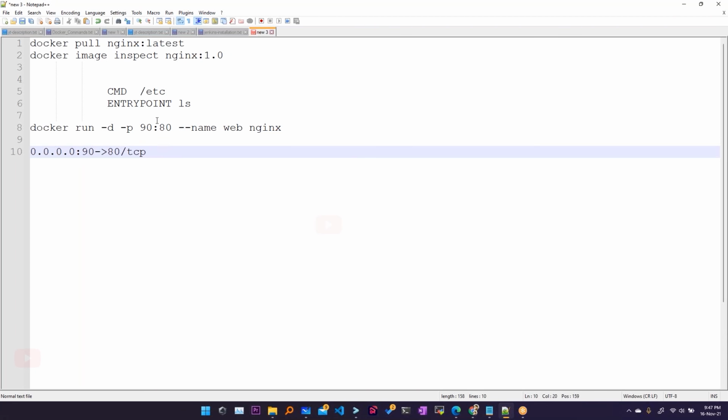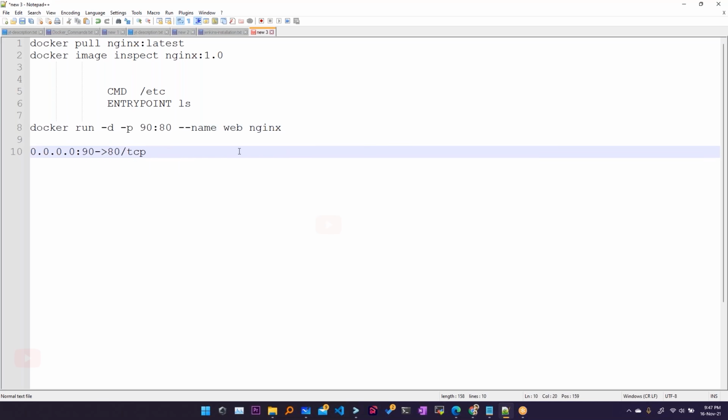So the first issue could be he's not using this port mapping. That's why he's not able to access the application which is running inside the Docker host. The second one will be, he has not opened port 90 in the security groups. If you remember, in EC2 there is a firewall type of security group, right? In that security group, we have to open port 90. Only then will your AWS instance allow port 90 traffic. So there are two possible reasons: one is port mapping is not done properly, and the other is the security groups are not configured properly.